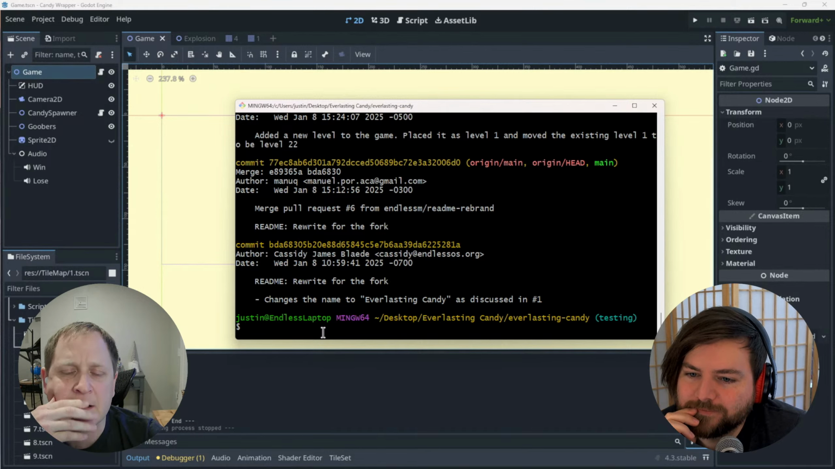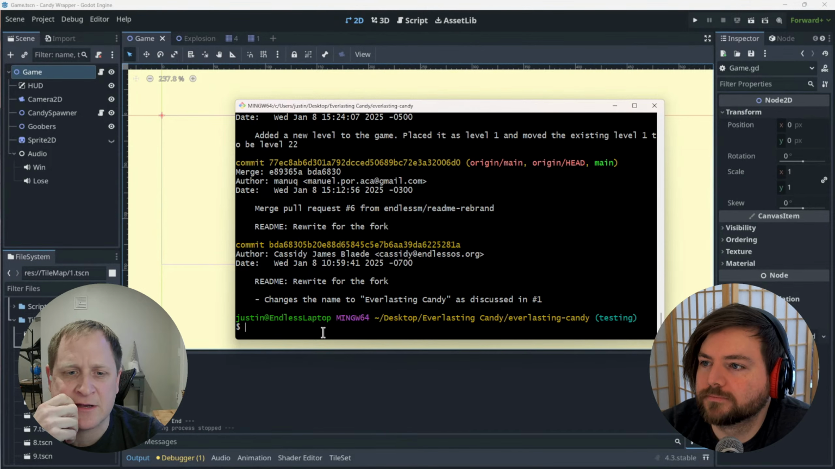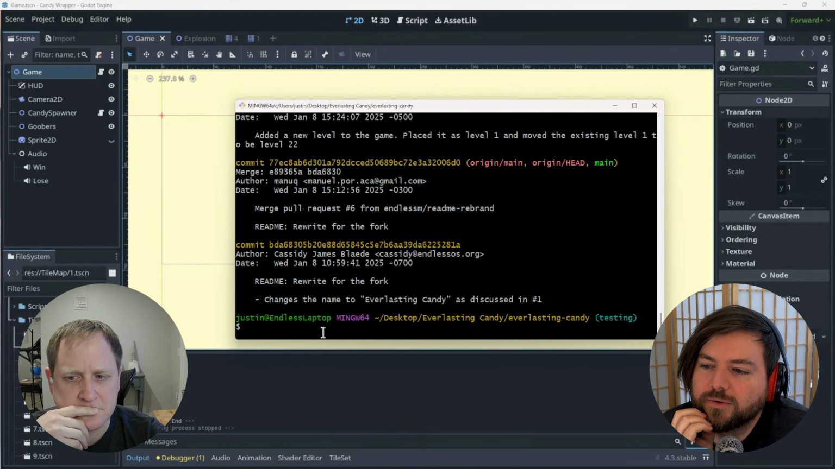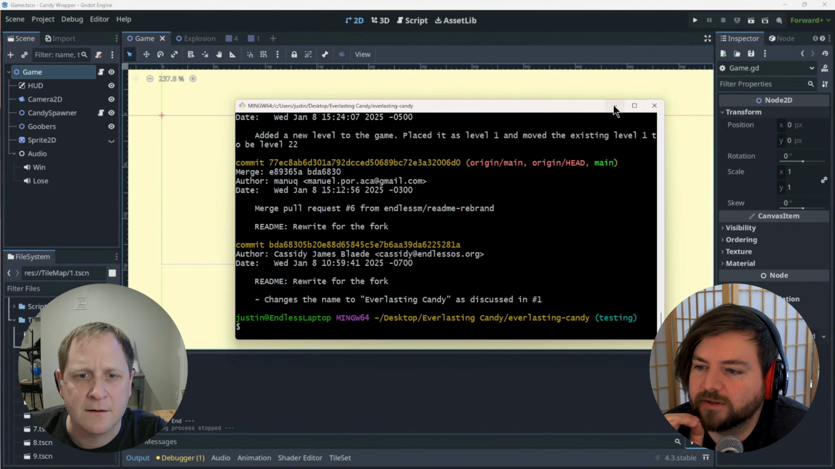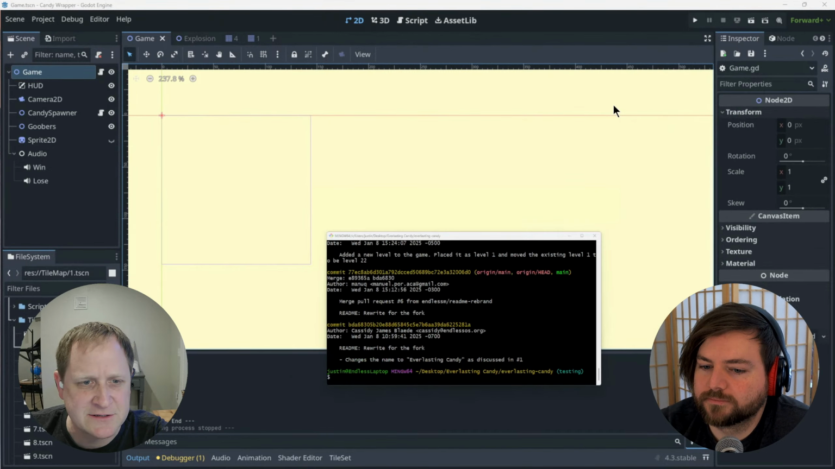Now, should we send that as a separate branch to the GitHub repo or leave it here local? I think let's leave it local for now because we don't really need to push this out there. We don't want to confuse people, but I think it's probably fine local. So staying on the testing branch,